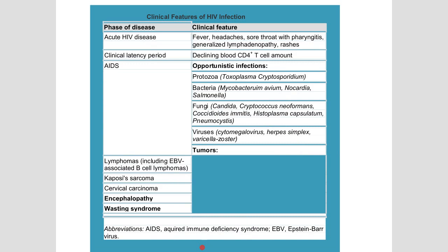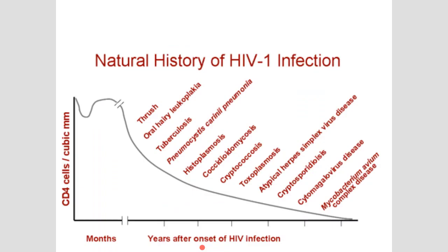Then again, antigen presentation is lost. You are exposed to all kinds of opportunistic infections. And if the genome is integrated into your host, it's going to cause all those cancers, and it will also cause encephalopathy and wasting syndrome. The picture is complicated, but the term I use for most viruses, latency, applies here. Now, if you want to look at the natural history of HIV infection,